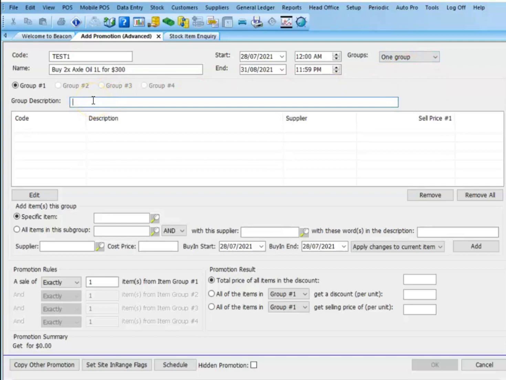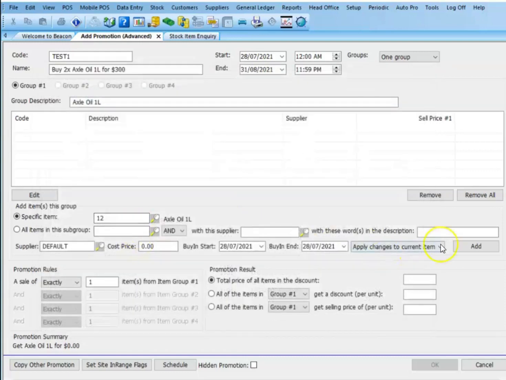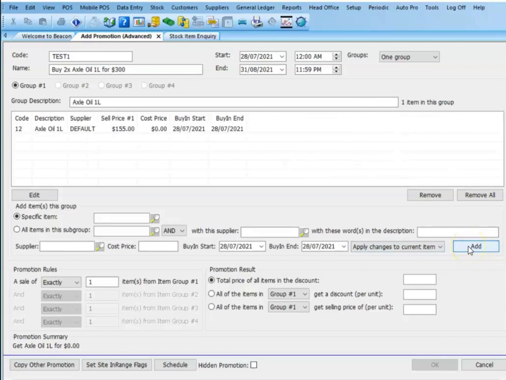And we want to name the group based on what's inside the group. So, for example, if we were doing different pieces of fruit, we'd call this fruit. Our group description is going to be Axle oil 1 litre, as that's what we're going to put in it. Now, the simplest way to add something into a promotion is using this specific item lookup. So we can look up in here, double click on the icon and hit add, and it will add our